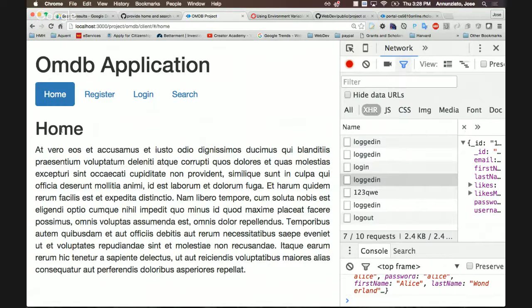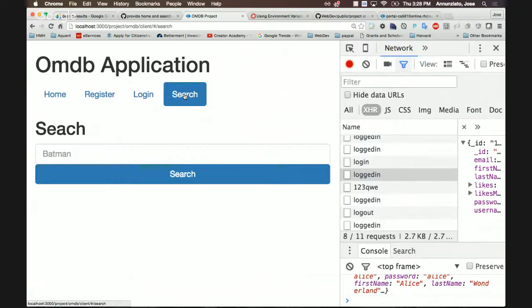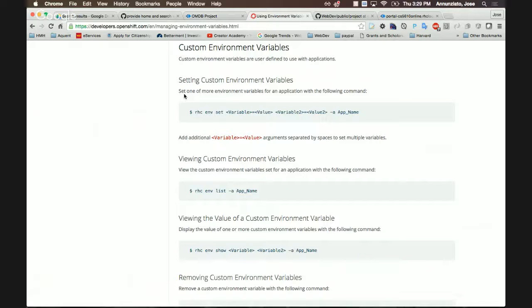But what if I want to do the same thing for the search page or the details page or a whole bunch of other pages? I would have to, again, copy and paste this code all over, right? Go fetch from the controller, go fetch the currently logged in user. If they're logged in, then do some customized content. Instead, a better solution